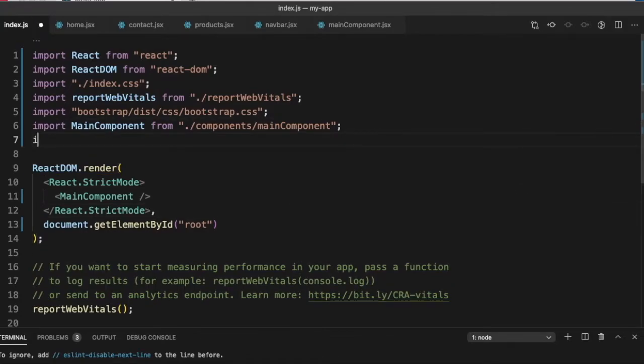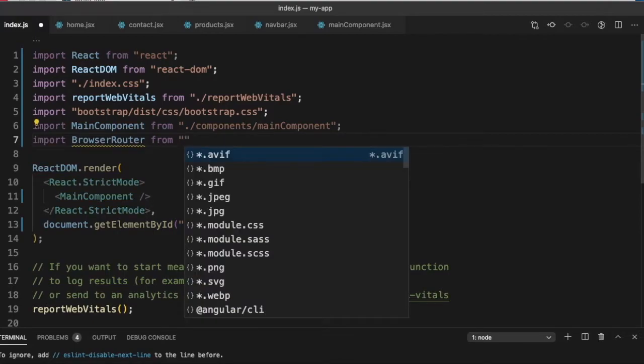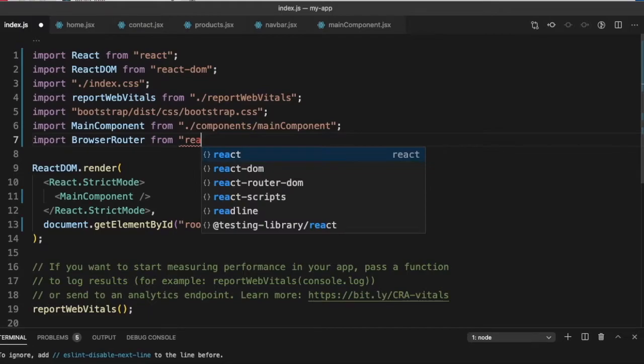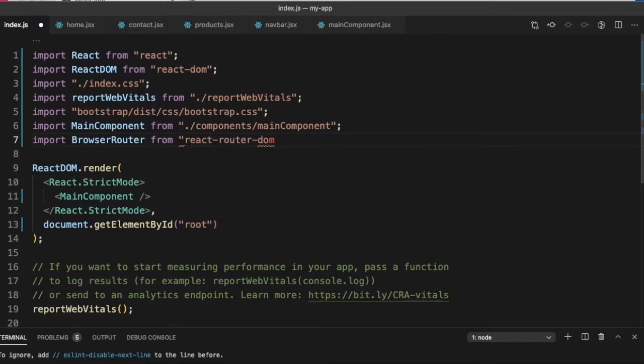So let's import it from react-router-dom. And what do we need to do?